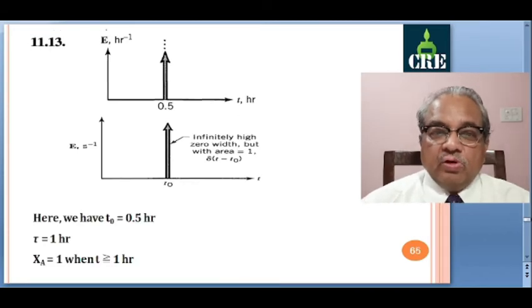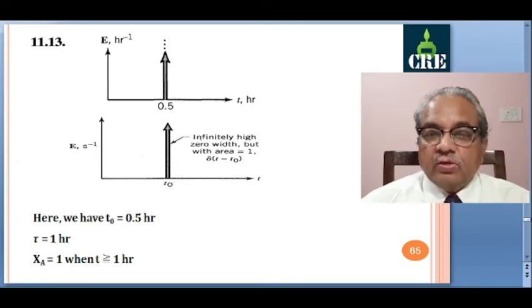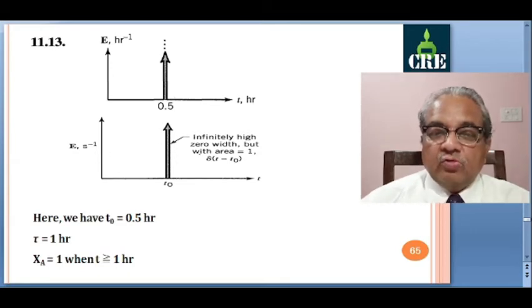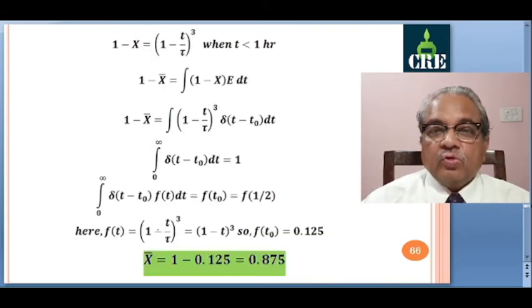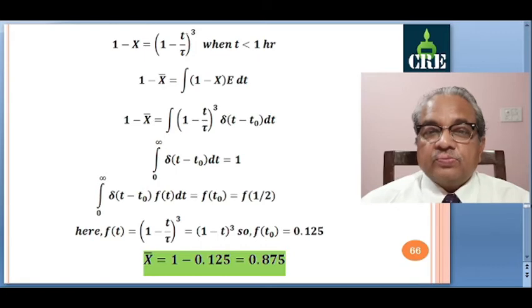Next, 11.30. So here we have a Dirac delta function. Same thing. So this is infinity, high value, with area equal to 1. So delta t minus t0 is defined. This t0, in our case, is 0.5, in hours. Tau is given as 1 hour. Xa is equal to 1 when this t is greater than or equal to 1 hour. That way. So again 1 minus x is 1 minus t by tau whole cube for t less than 1